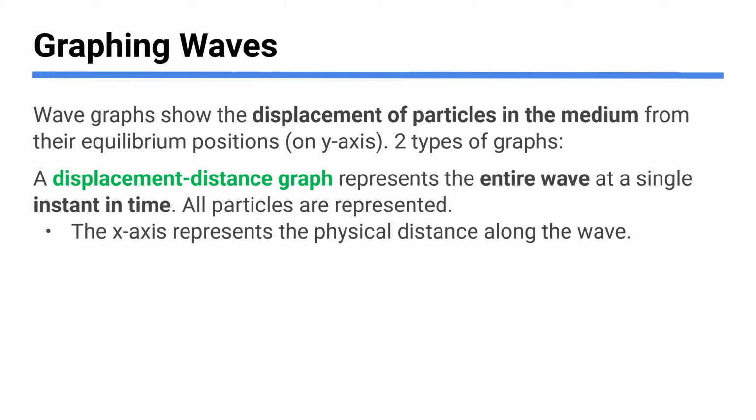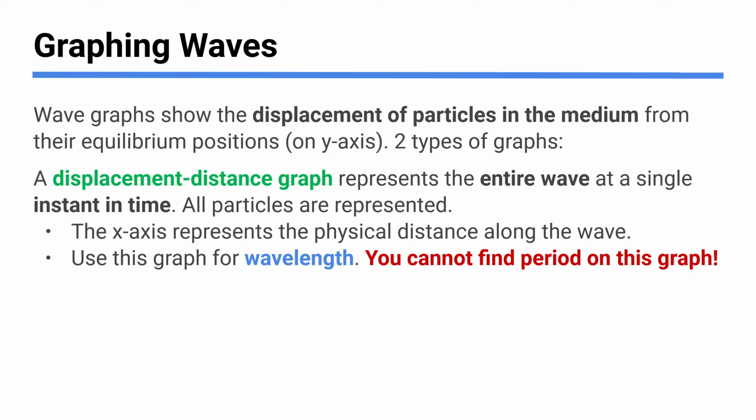Distance is maybe not even the greatest word for this, because to me, distance implies like a start and an end. That's not what's happening here. Distance is just where you are on the x-axis. Okay, so this is plotting what the displacement of every particle on the wave is at all the different positions along the wave, like horizontally. Meaning you could directly measure wavelength from this graph. This wavelength is just the distance between 2 points. You would just measure on the x-axis how far from one peak to another, and that's your wavelength.